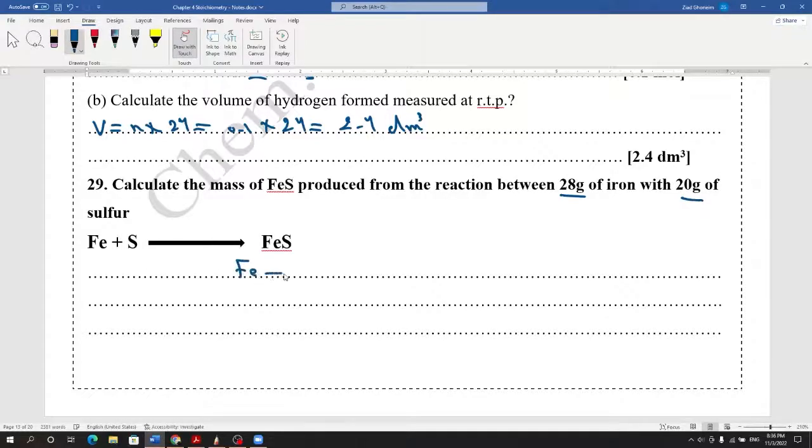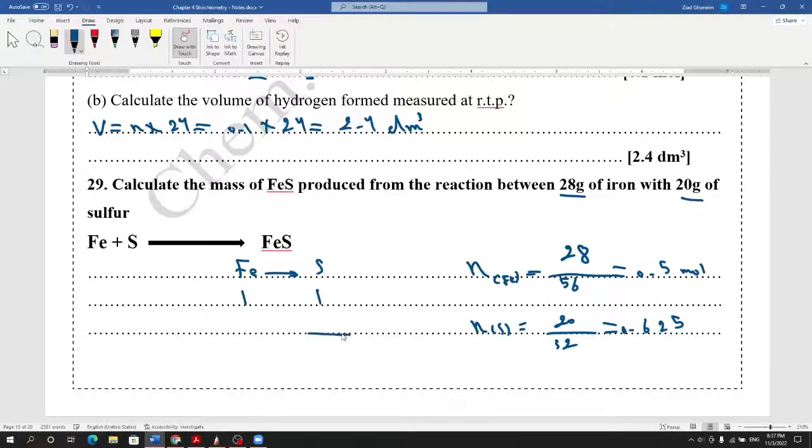Okay, the mole ratio here is 1:1 from the equation. Now let's get the number of moles of iron and the number of moles of sulfur. Here we have mass for iron divided by the relative atomic mass of iron, which is 56. That will be equal to 0.5 mole. For sulfur, we have 20 divided by 32, which will be equal to